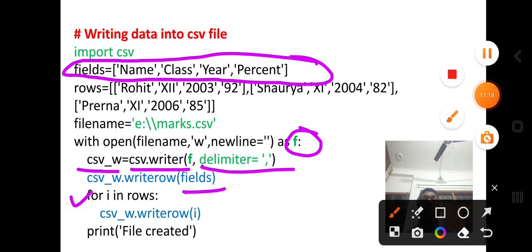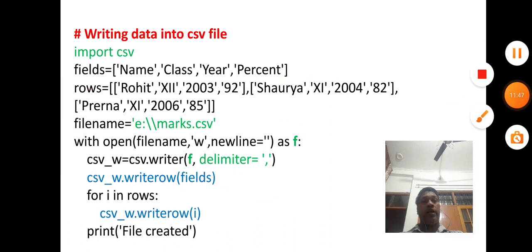For loop: for i in rows. Where is rows? Rows is a nested list, contains three data: Rohit, Saur, and Prerna. For CSV writer object, csvw.writerow(i), all the three data are written in your file. If you want to write another thing,